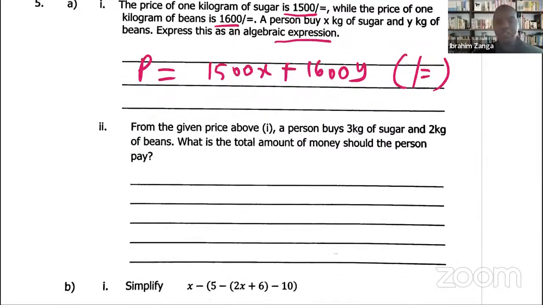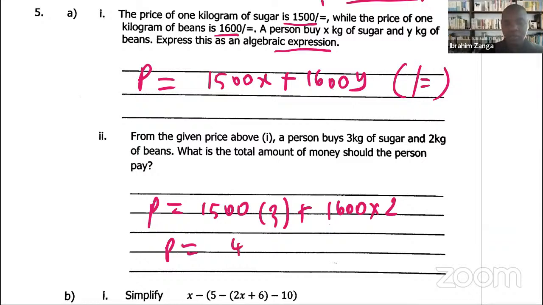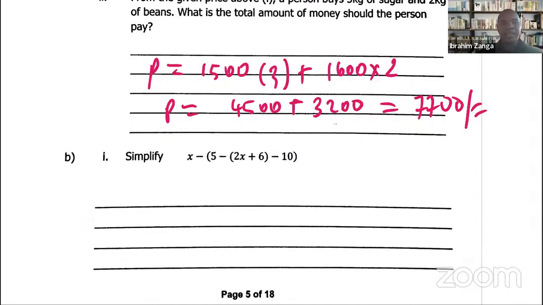From the given prices above, a person buys 3 kg of sugar and 2 kg of beans. What is the total price of money the person should pay? The price now will be 1,500 times 3 plus 1,600 times 2. So the price will be 4,500 plus 3,200. When you add these two, you have 0, 0, 5 plus 2 is 7, 4 plus 3 you get 7. It is 7,700, dear students. The next one,